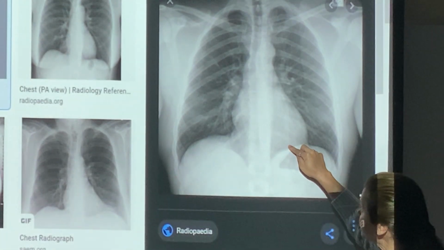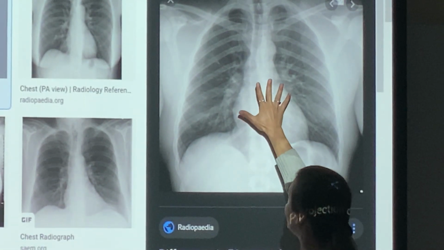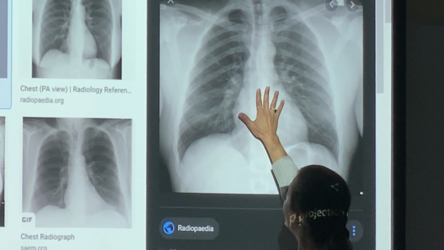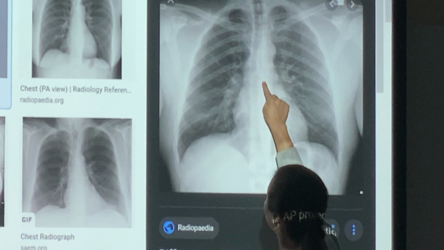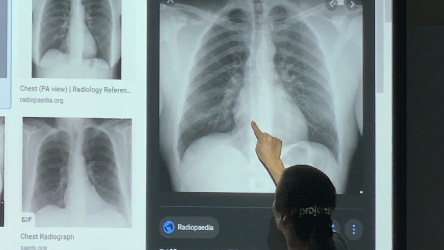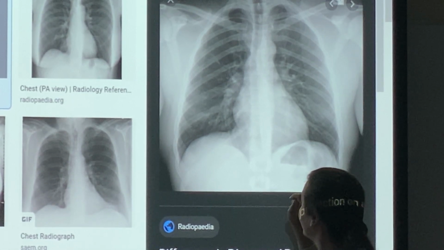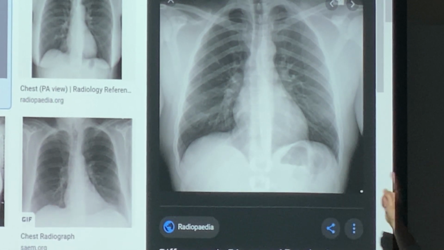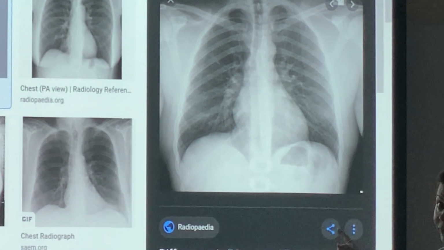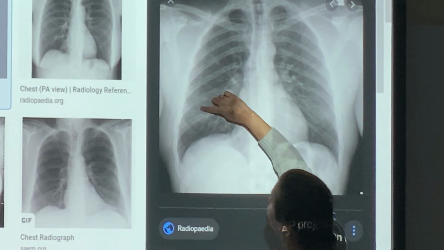Okay? So I'm looking not only at my mediastinum and the heart silhouette, but I also look underneath. I'm not sure if you're able to see that. I'm able to see all my vertebrae and the disc. Okay? So, since I do have an AP view, why? Because I see my scapulas inside,